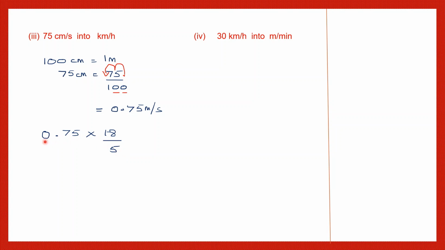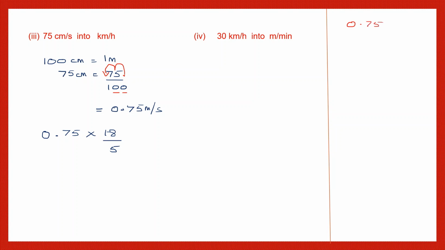Another way is making this a fraction. How do we make this a fraction? This becomes 75 by 100, and then you can cancel and still carry on with your division. So let's try this method of multiplying the numerators and dividing it by 5. So that will be